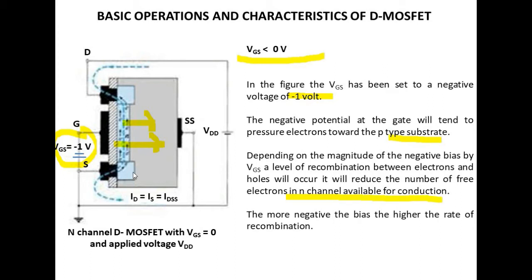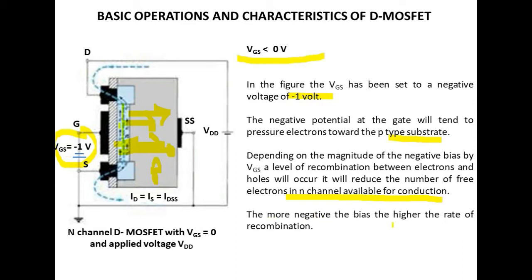Let us investigate this fact. When we apply a negative voltage, electrons will move away, so the number of electrons is decreased in the conduction path, and because this is the p-type slab, the number of holes will also be present and holes will be attracted in this direction. So electrons and holes will recombine with each other, and therefore there is a further decrement of the number of electrons in this channel.